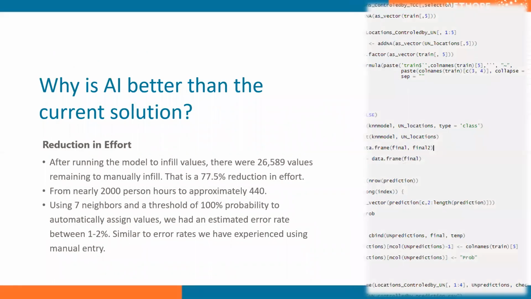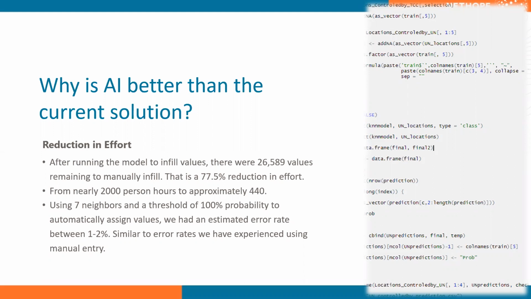So what we found is that we had a significant reduction of effort if we used that 100% threshold. And so we ended up with, instead of the 117,000+ values to infill, only 26,000. And that ended up being a 77% reduction in the number of values to infill. So we went down to about 400 hours of work from nearly 2,000. And we used a 7 nearest neighbors model to produce the